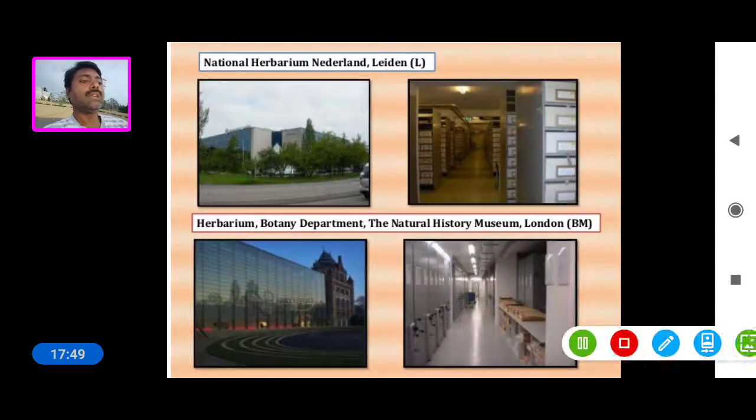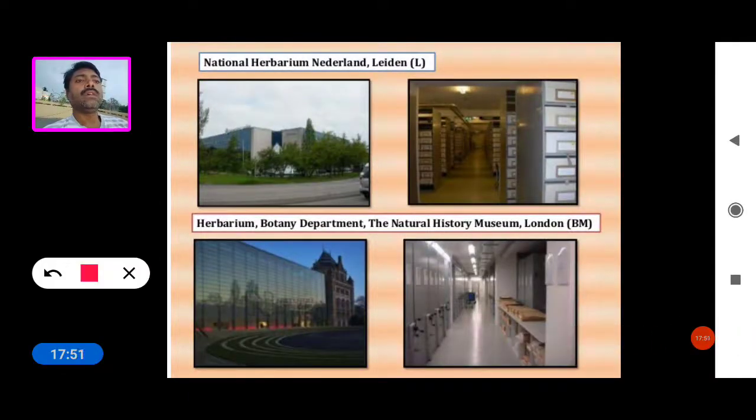This is the National Herbarium, Netherlands, located at Leiden, and the Herbarium Botany Department of the Natural History Museum, London.